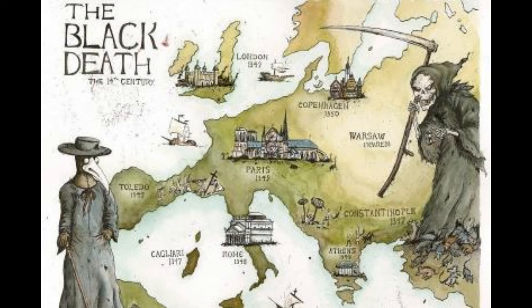So, coming to the history of this disease, what happened in the past? Bubonic plague, known as the Black Death in the Middle Ages, killed tens of millions of people around the world in 3 major pandemics. With about a third of Europe's population wiped out in the 1300s, the bacterium is believed to have originated in Yunnan in southeast China at that time.